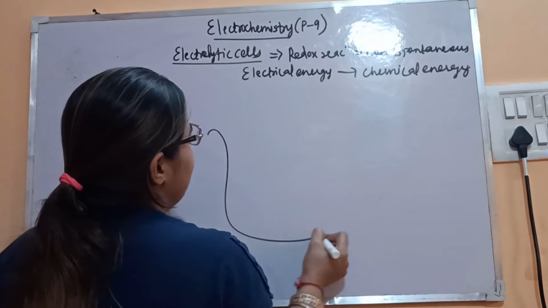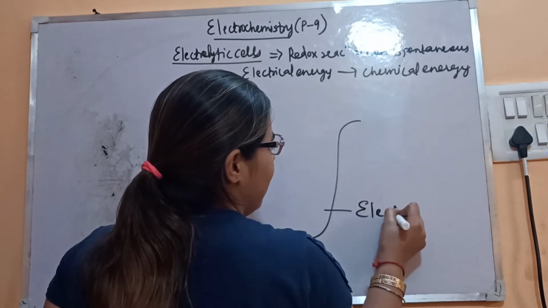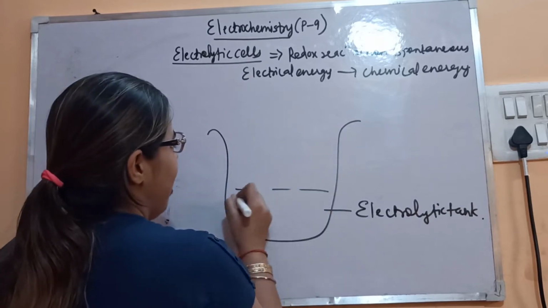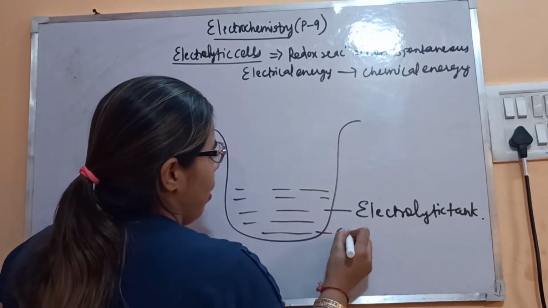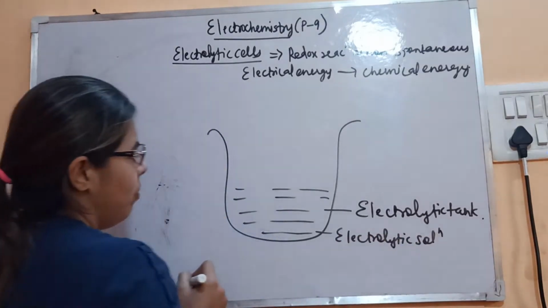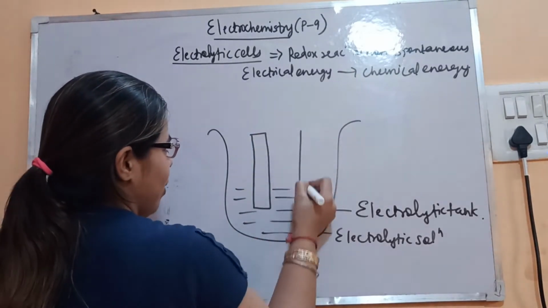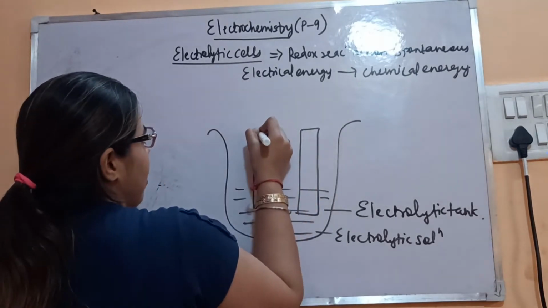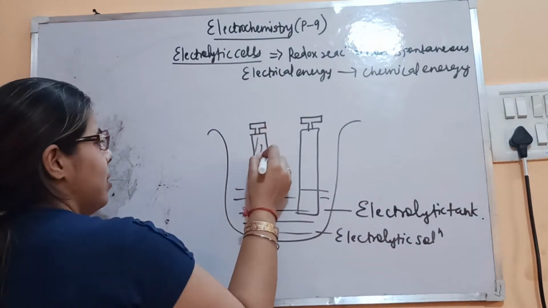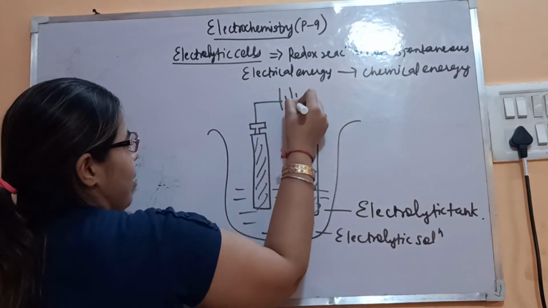Let's consider the vessel. The vessel in which the electrolysis process is carried out is known as the electrolytic tank. In this electrolytic tank, we'll take the electrolytic solution, that is your electrolyte. Then we'll take two electrodes, one is anode and one is cathode. These two electrodes are connected with the help of wires,